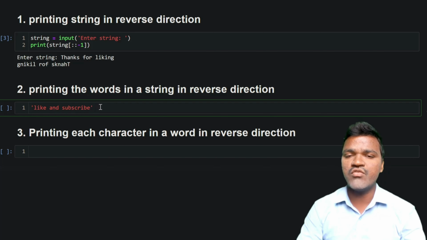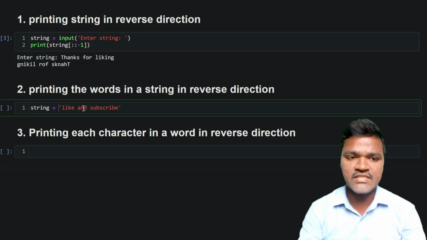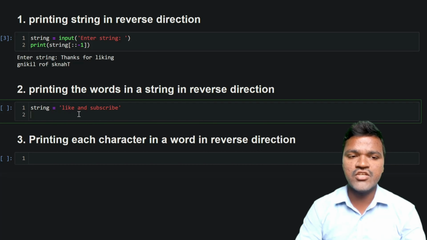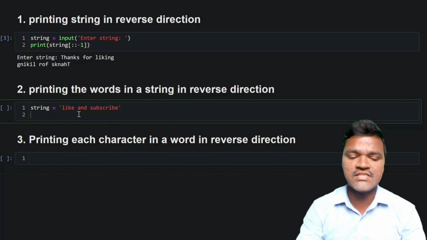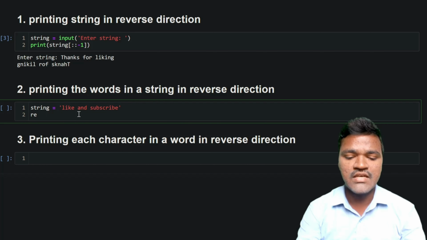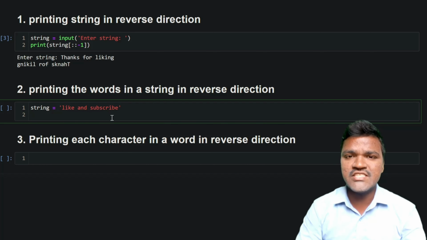So in the result, what we need to get is "subscribe and like". In that way, it will be considered a reverse string, right? So I'm taking this string. Later, what I need to do is reverse this, right? In order to reverse this, we have a method which is reversed. Before that, we need to split this string